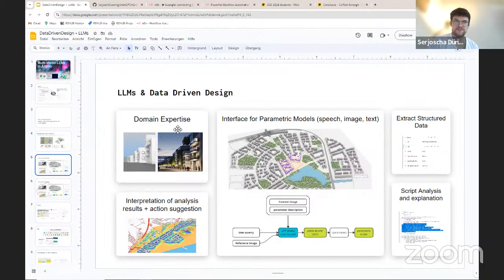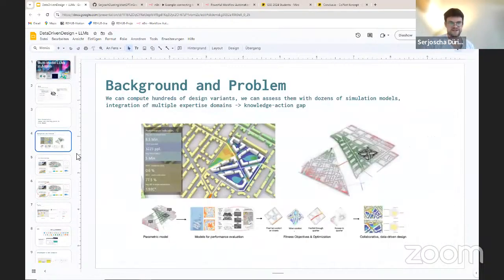So you could use large language models as domain experts. You could train or fine-tune them, or just use their general capability to ask them to take a look at my project from a traffic planning perspective, or from a community-related perspective, or microclimate perspective. You can also have actual simulations running and then use these models to help you interpret the simulation results and suggest actions. In that part, I'm especially interested in closing this knowledge action gap.